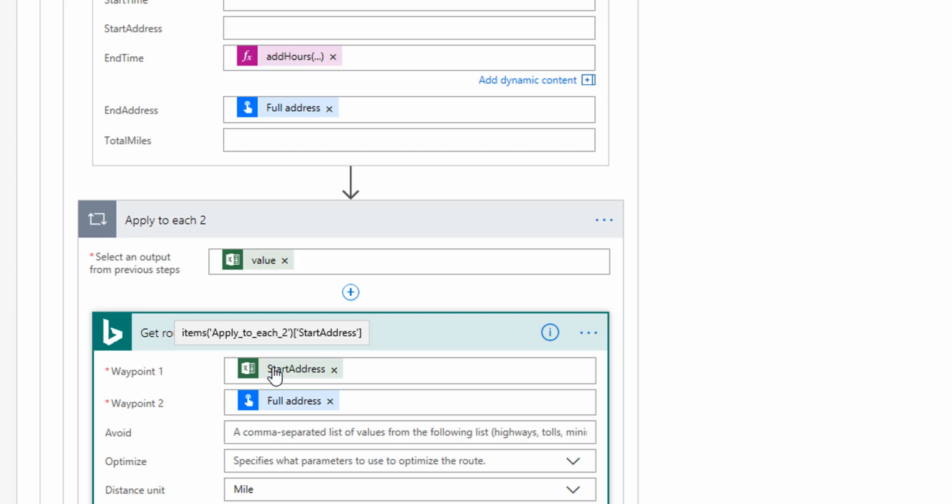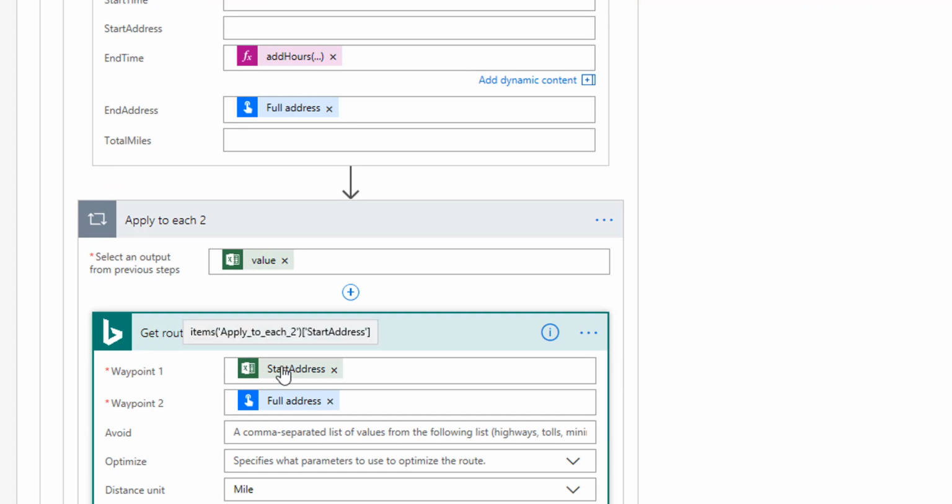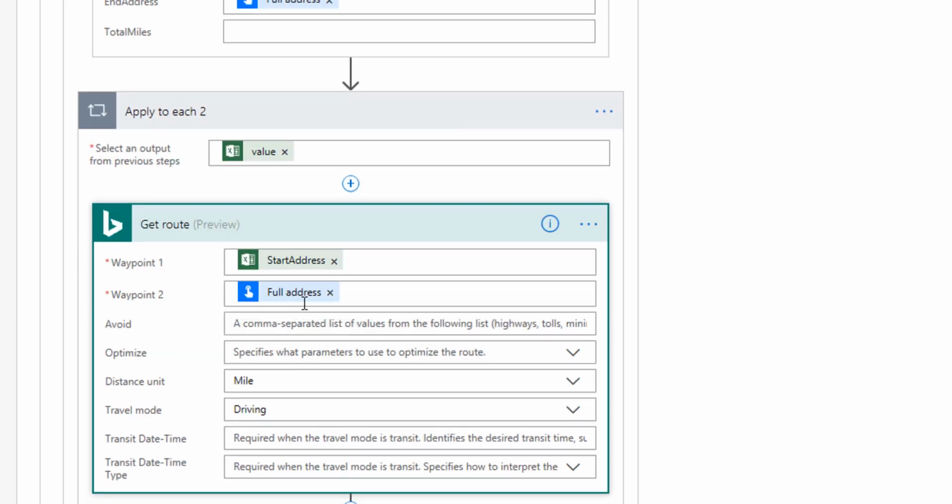calculate the entire distance. The way I do that is, when I did that update row, I also got the row. So I'm getting the start address. This start address was updated on that Excel spreadsheet on the depart flow. So that's where I'm getting that start address. This full address is the address I'm getting in the arrive flow, the one that we just looked at over here. So these are the two ways I get what's called waypoint 1, waypoint 2, and